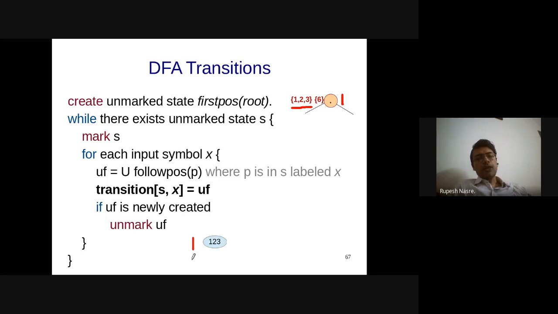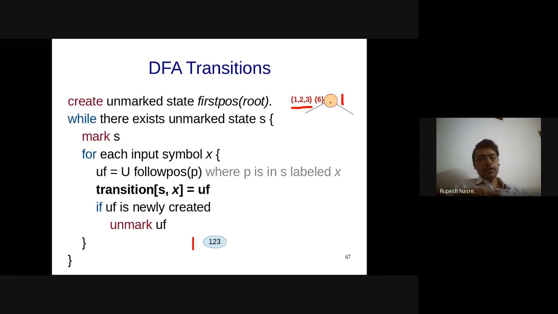Now I am going to add different transitions from this root node as well as from other nodes, and I'll keep creating new and new nodes. The way we did when we converted from NFA to DFA, we had some epsilon reachable states, and then for each of the symbols we tried to go to a new state. If that state already existed, then we added an arrow there. Otherwise we were creating a new state. Very similarly we are going to do here also. So I'm going to use marking and unmarking to make sure that that particular state has been seen or not.